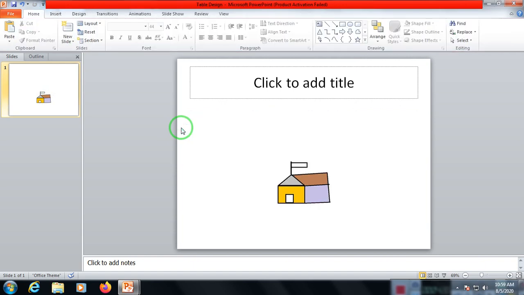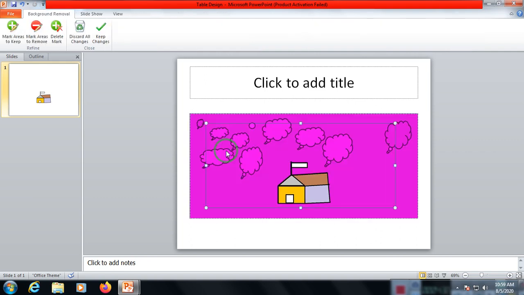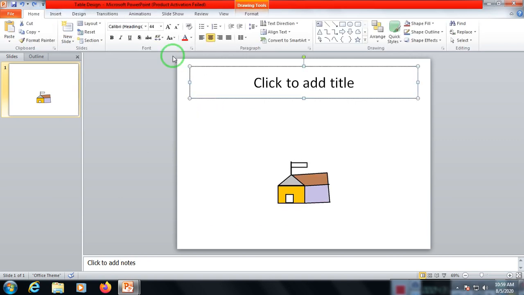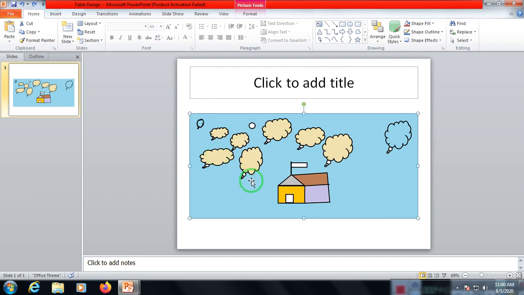So this is how the background is cleared. Remove Background is used for removing your background. I'm doing a Control Z for resetting it, that is okay. So this is the very first thing, that is Remove Background.